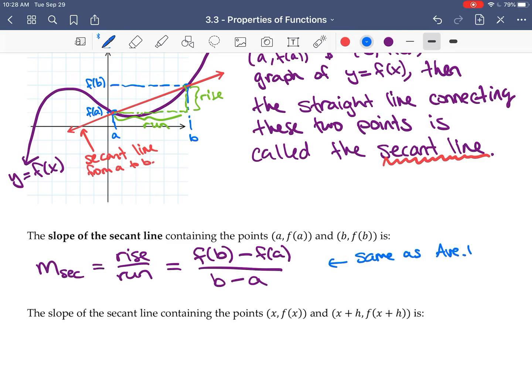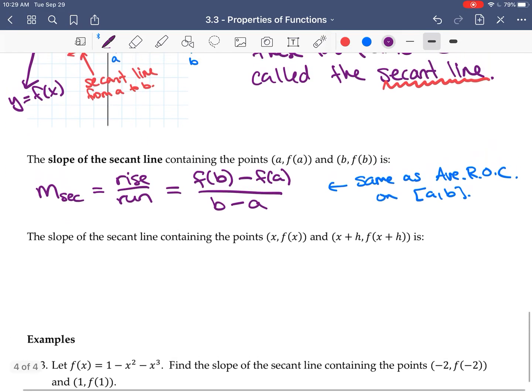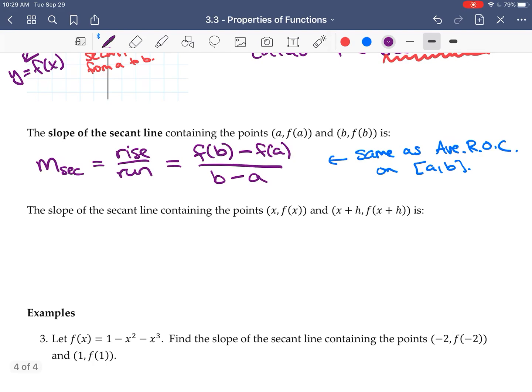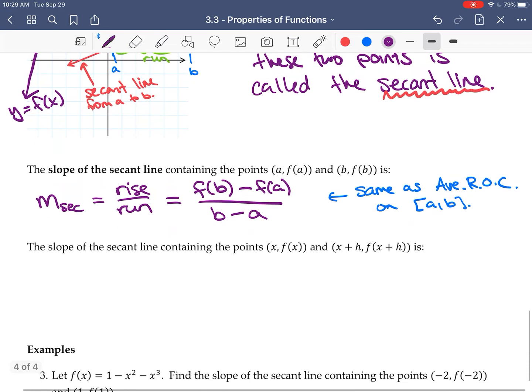Now you might notice this is the same as the average rate of change on the interval from a to b. It's the exact same thing. So these things are very closely related. If you want the slope of the secant line from a to b, it's the exact same as the average rate of change on the interval from a to b. Okay, now often, instead of using a and b, we're going to replace b